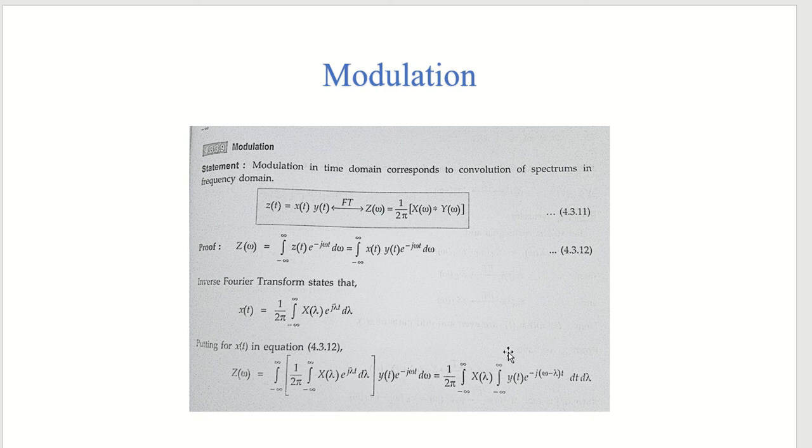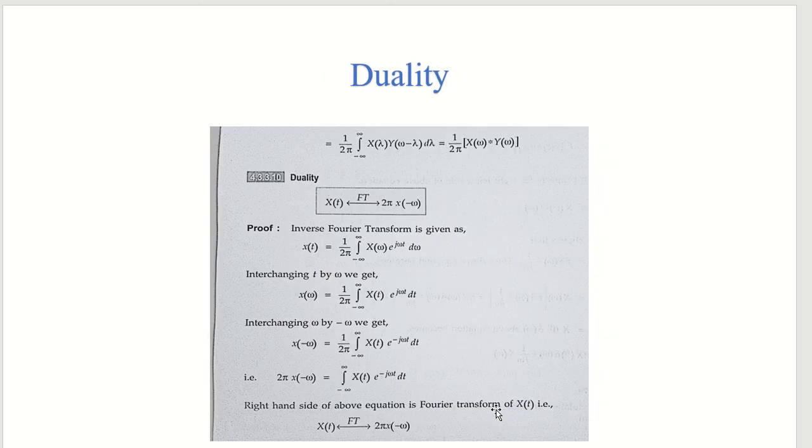basically when you see this, doesn't this look familiar? It is nothing but one of the properties which we saw earlier, and based on that we were getting Y of omega minus lambda. So the final output will be 1 by 2 pi integral from minus infinity to infinity of X of lambda Y of omega minus lambda into d lambda,